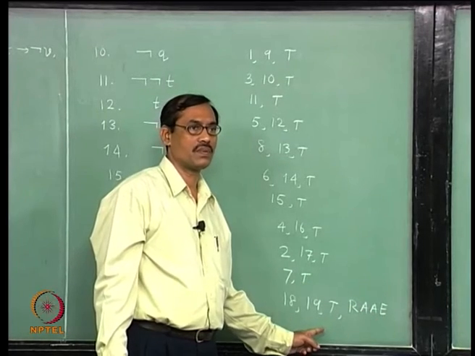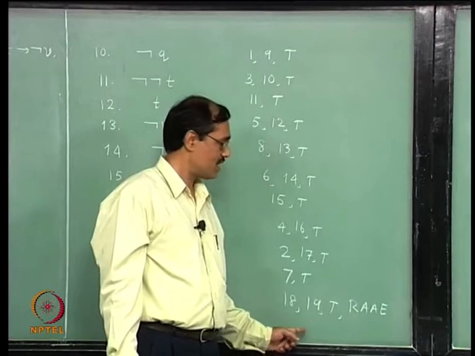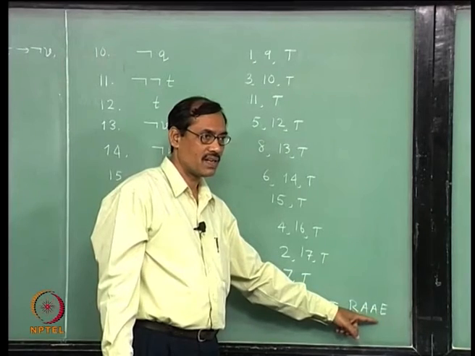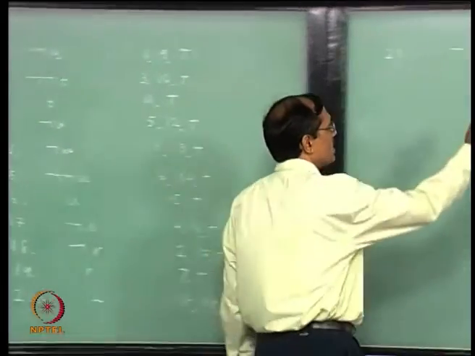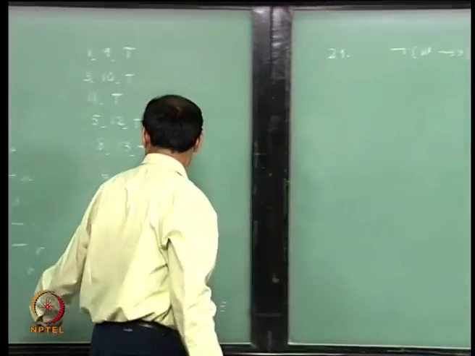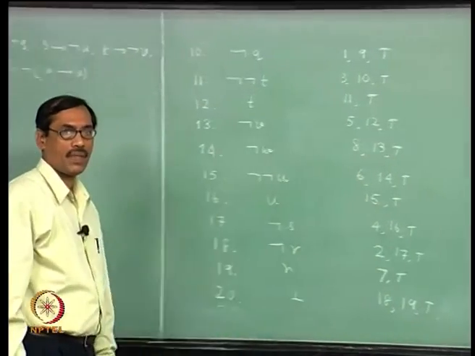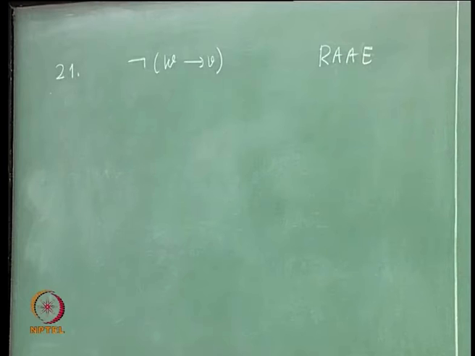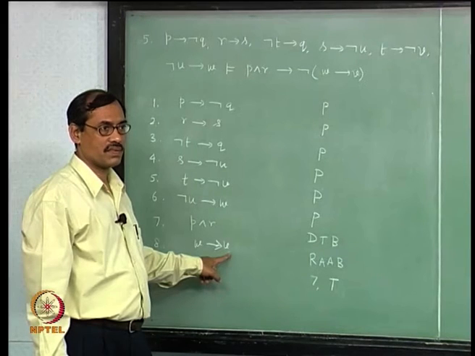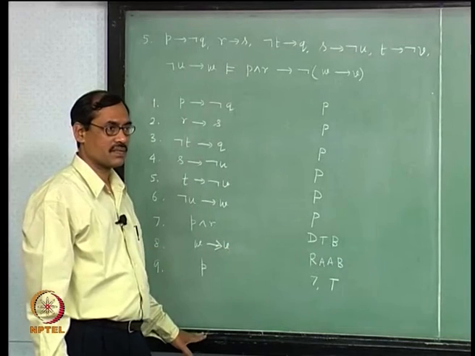After you see that top is over or bottom you have reached, it is unsatisfiable. By applying the RAA, you are obtaining that not of W implies V, right. So, documentation should not be here, documentation should be over there. We should write RAA over here instead of on line 20. Okay. Now, once you come to RAE, that means the conditionality of W implies V, that premise is removed. Now, you do not have this assumption in the proof, that is what reductio ad absurdum says, fine.